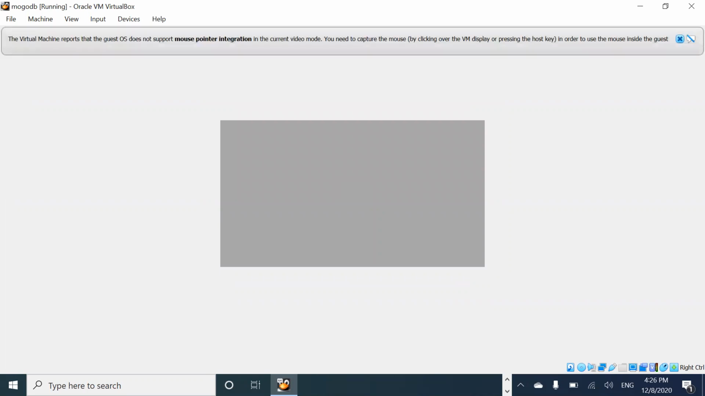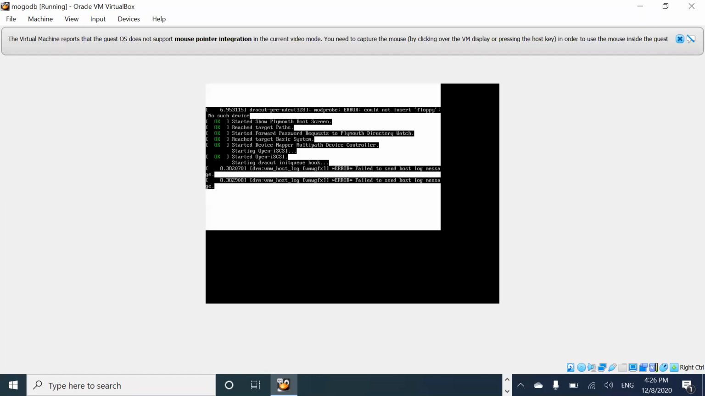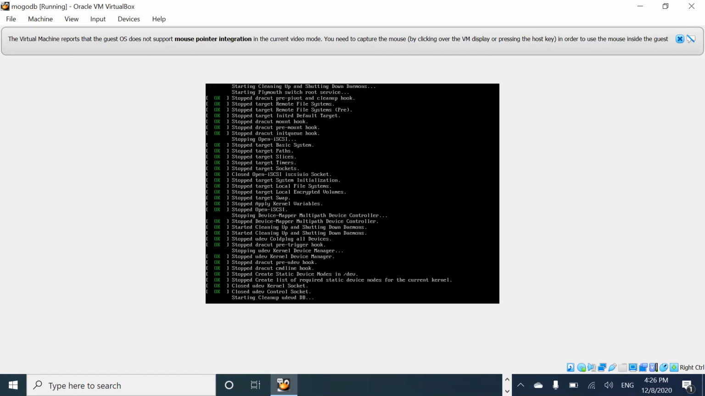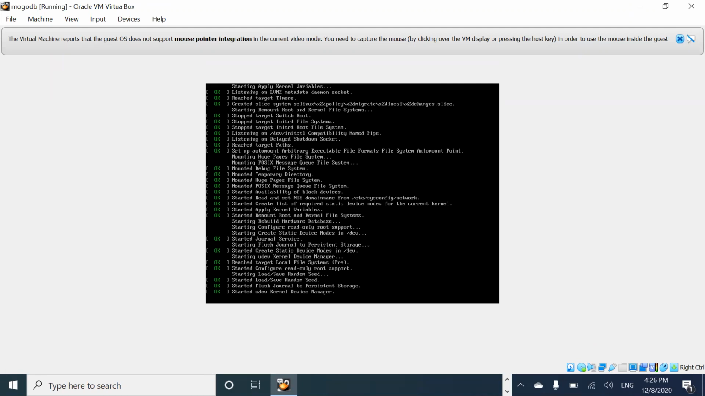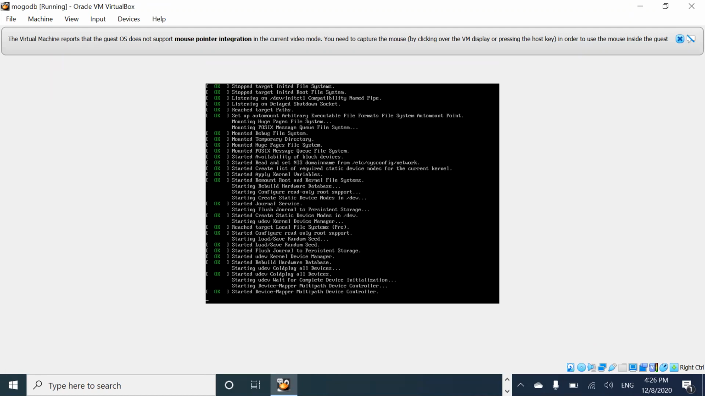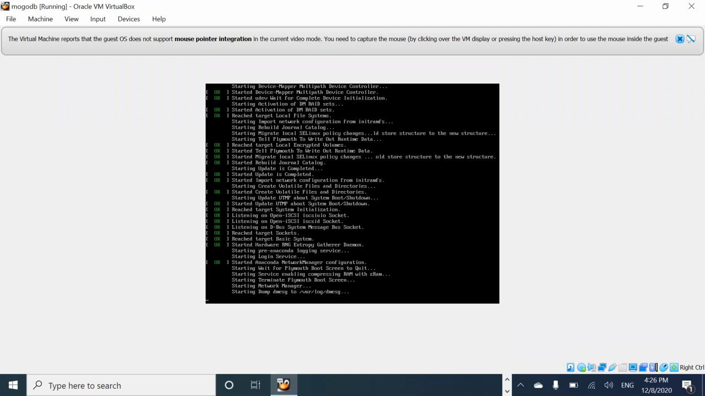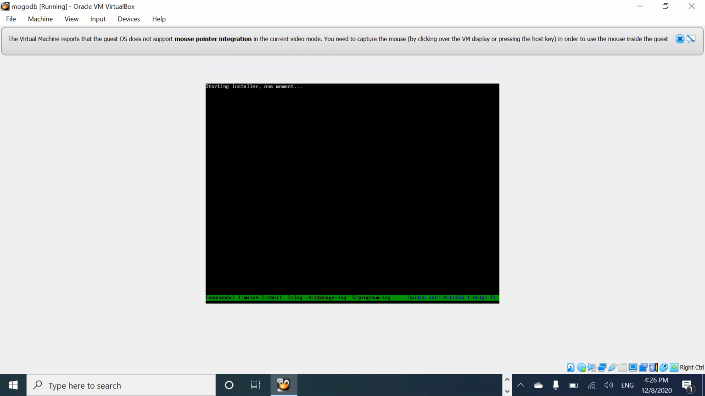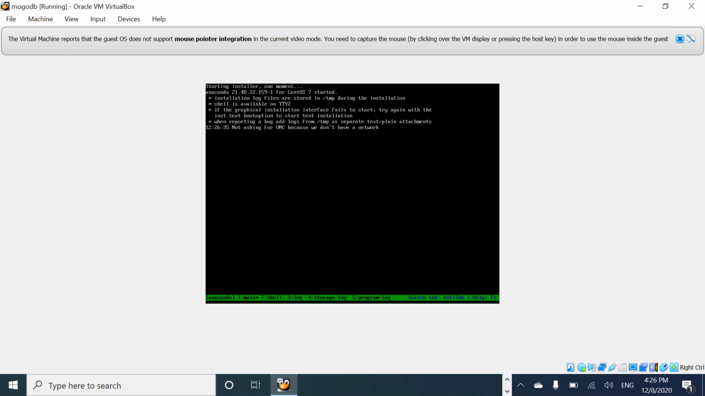So in the Windows operating system, we have two file systems. One is NTFS, one is FAT32. In Linux, we have ext3, ext4, different file systems. Like in Windows,